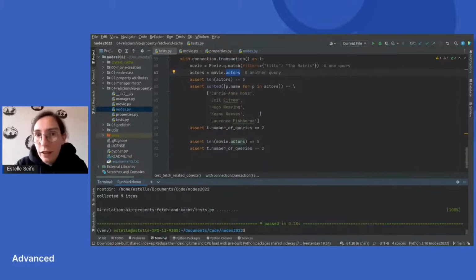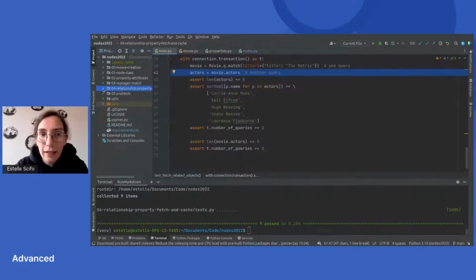The problem here is that I'm using a special transaction object that is able to track the number of queries performed during that transaction. And you see that we have 2 queries performed, one for matching the node, and another one, the one we have just seen, to fetch the actors related to this node. This is what I want to avoid.